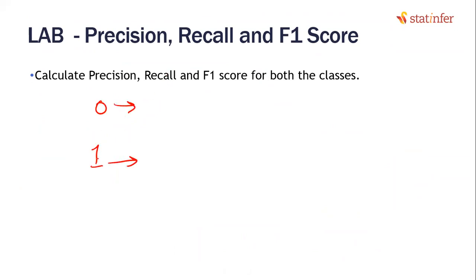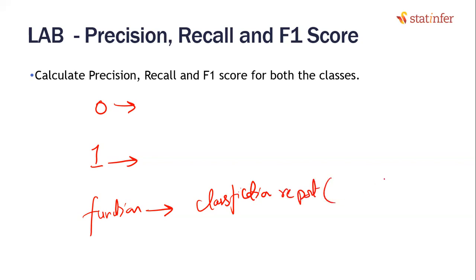Either we can do it manually or there is a package, a direct function. But let us not use the function, at least for the sake of practice, since you know the formulas. First we will do it manually, then you can use the ready-made function. The function is known as classification report. You can use the classification report function, supply y actual and y predicted, or the confusion matrix, then you'll get the results, or you can calculate on your own as well. Go ahead, calculate recall and precision for both the classes.